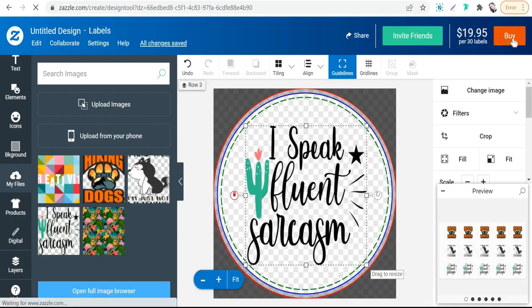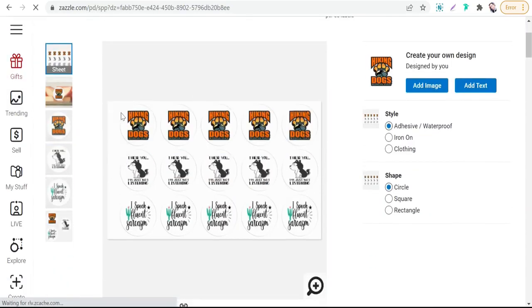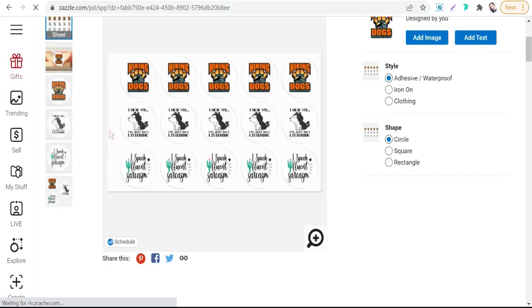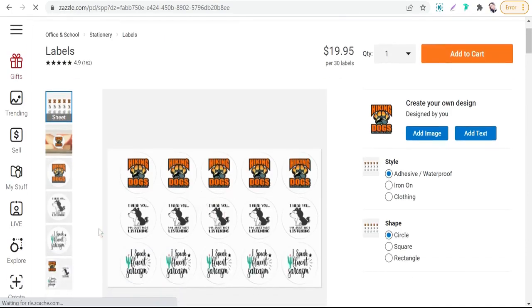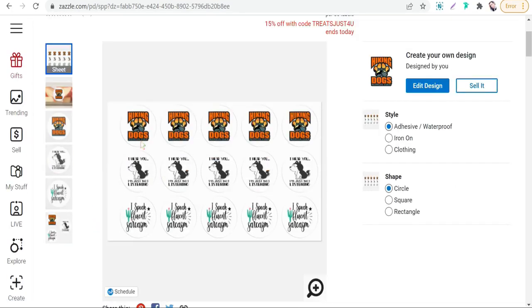Just go to buy, as you see, okay. Thus, in this way, you can create a sticker bag of different designs, but with colored background. And if you want to make a sticker bag with transparent background, you can use the first type that was a vinyl sticker, okay.